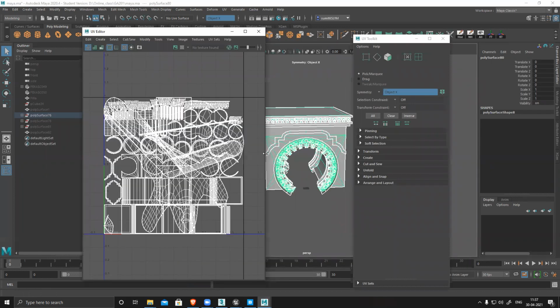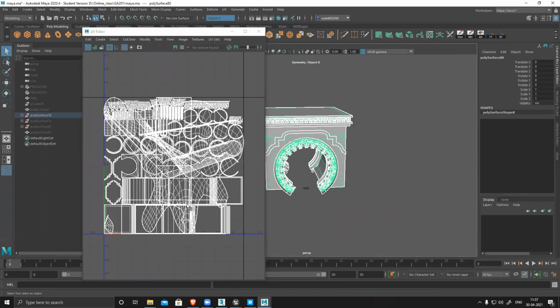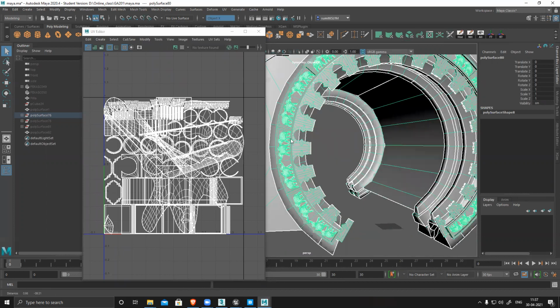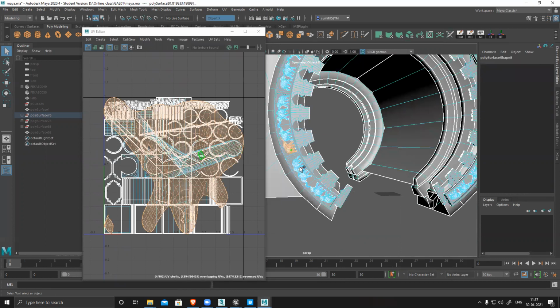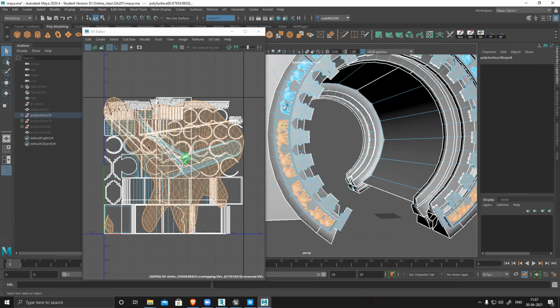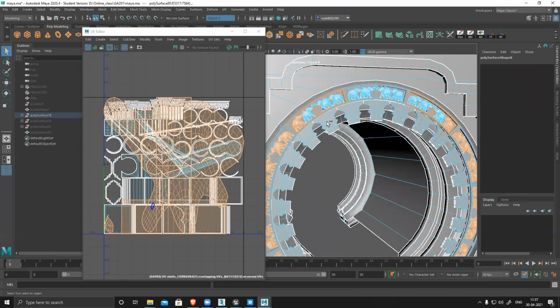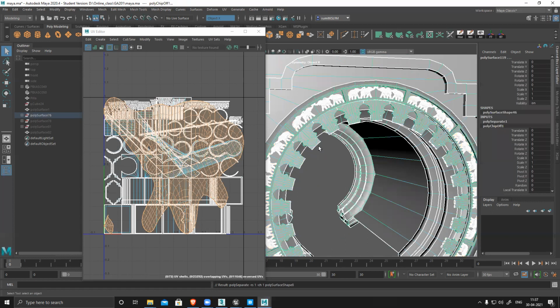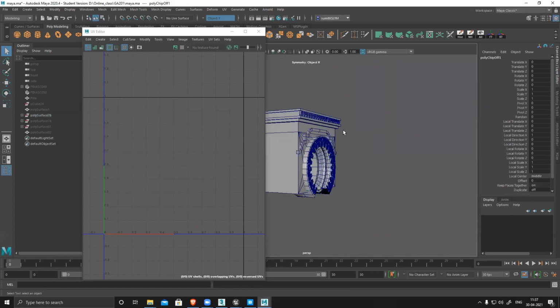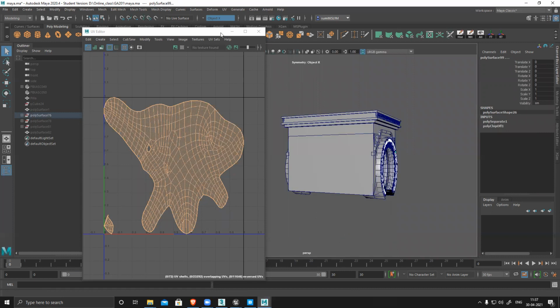Okay, I have to unwrap this thing. Elephant is unwrapped. Only elephant.